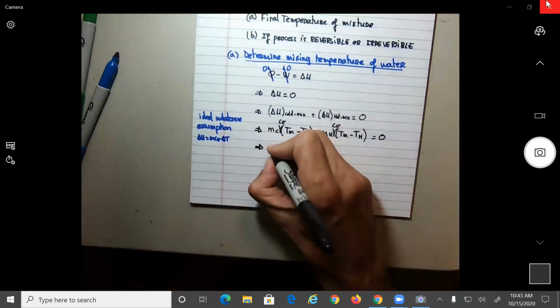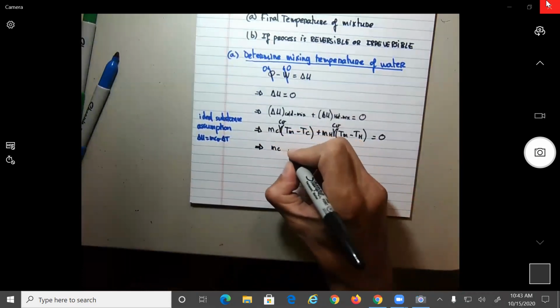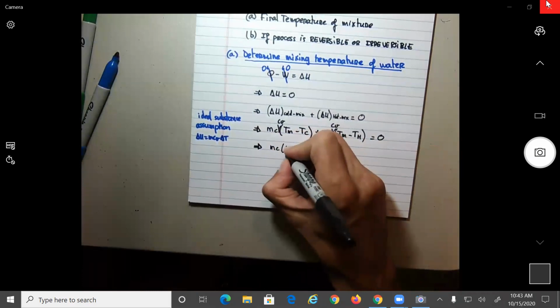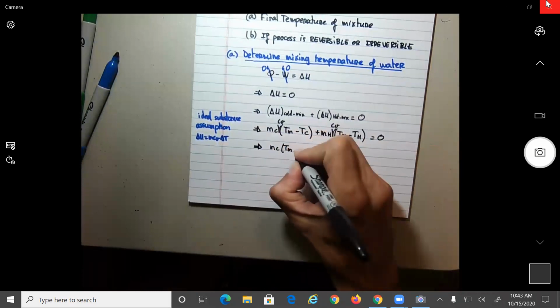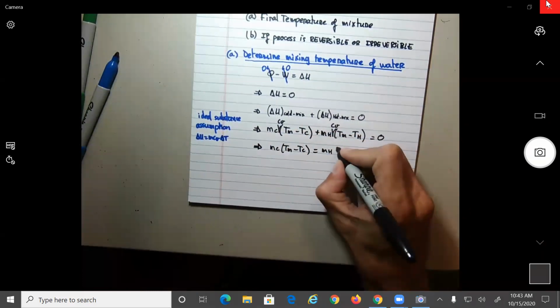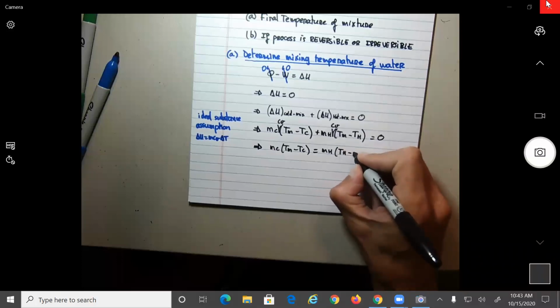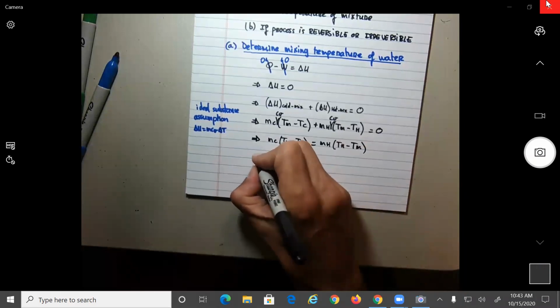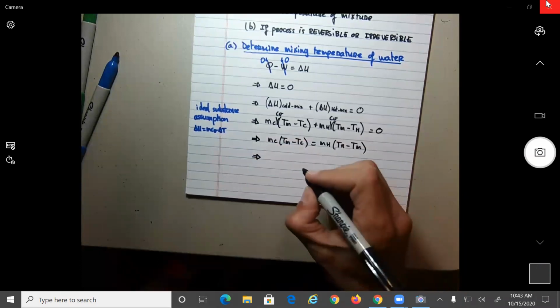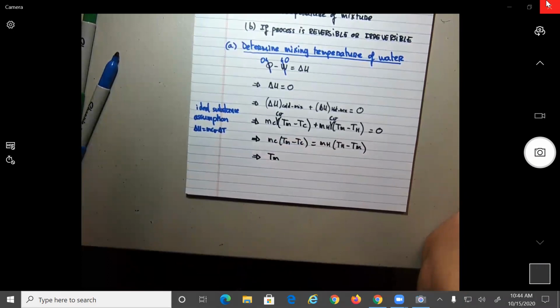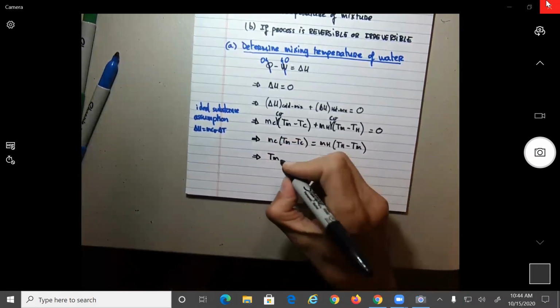So if we want to look at it, this will be equal to m C. Let's do the algebra. It doesn't matter, it will be equal to m hot, changing the sign, T hot minus T mixture. So let's see, this will give you what? T mixture of,